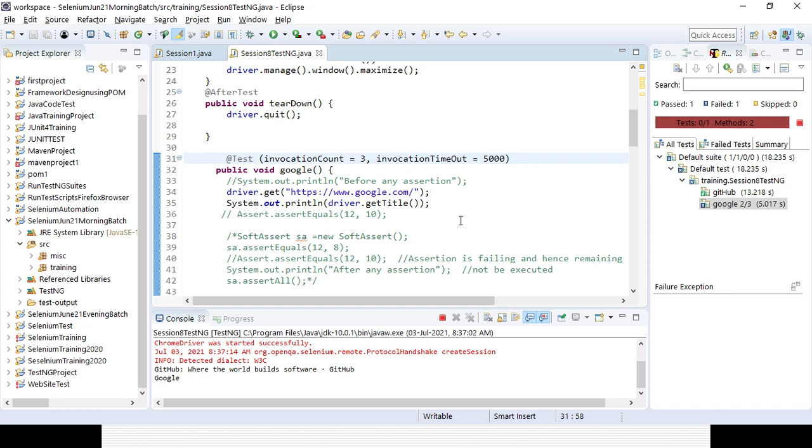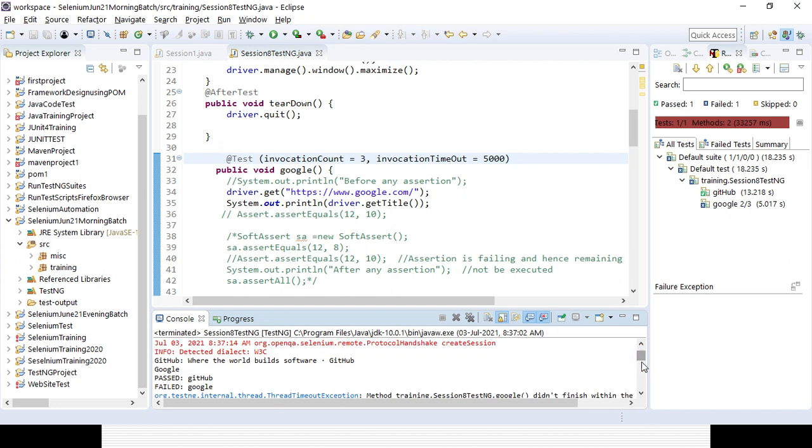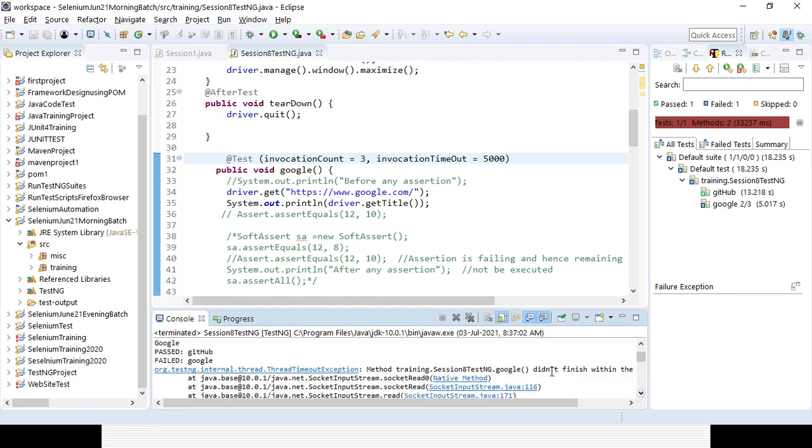You can see it has failed, right? Because within 5 seconds, whatever was possible got executed. So 2 iterations executed and 1 iteration failed. So that's why you can check, right? And what is the failure result? You can see that is the result failure.